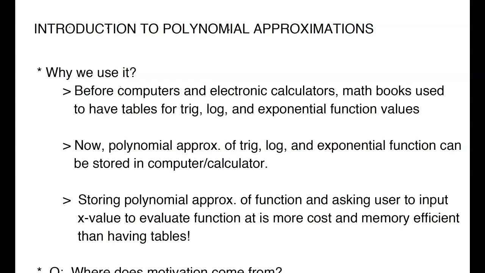So the main idea is that a lot of times we're asked to evaluate the integral of some function, and that function does not have what we call an elementary function antiderivative, meaning that we cannot express the antiderivative of that function in terms of the well-known functions that we know, like logarithms, exponentials, polynomials, rational functions, radical functions, and so on and so forth. Okay. So with that being said, we are kind of at a loss for how to find the antiderivative of those types of functions